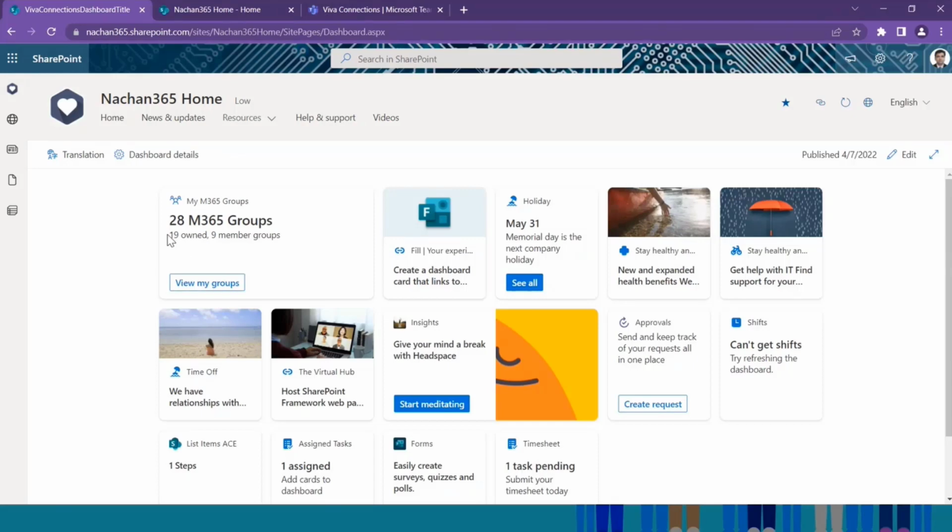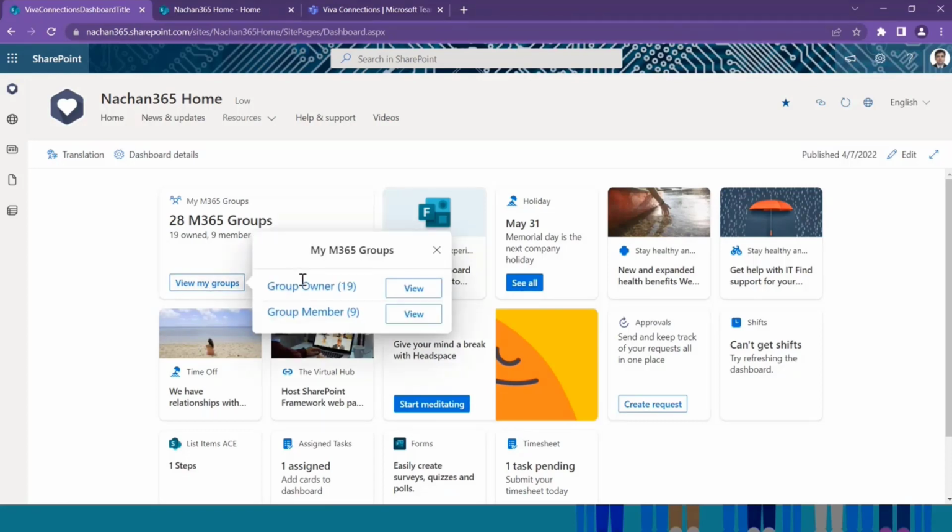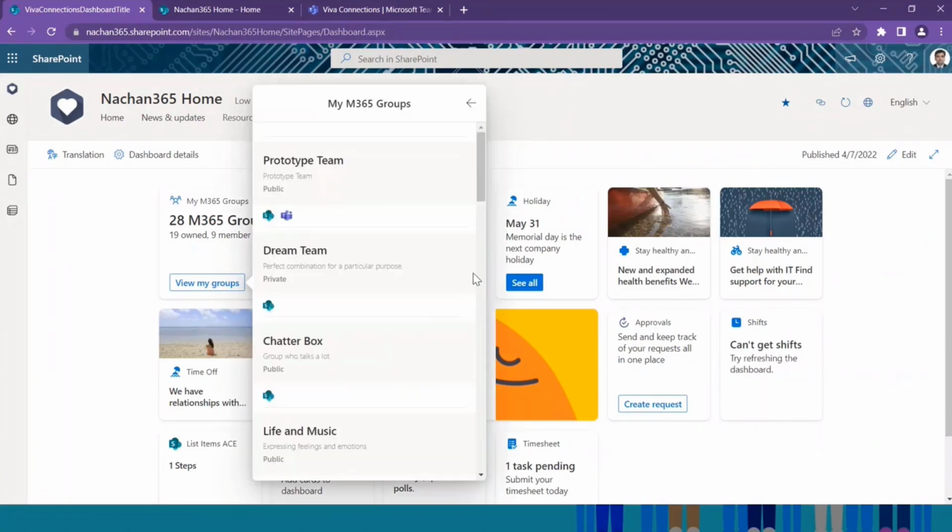And then it will give how many you own and how many you are just contributing to as a member. Once you click on View My Groups, it will give you the bifurcation of how many groups you own, and you will be able to view them from here. And again, how many groups you are a member of, and you will be able to view them from here. Once you click on View, it will give us basic information about that group,